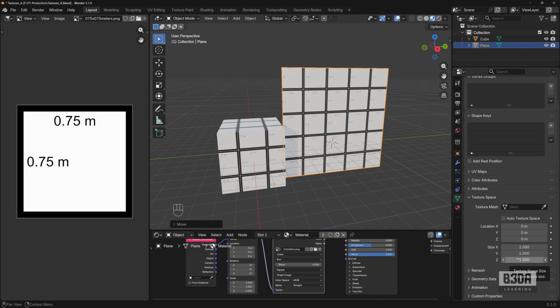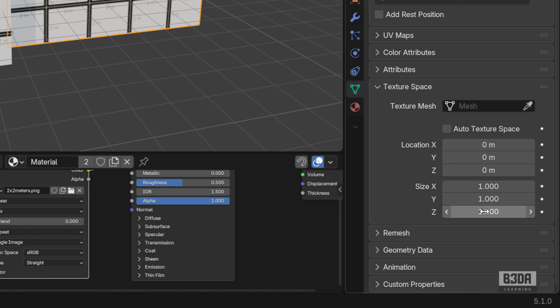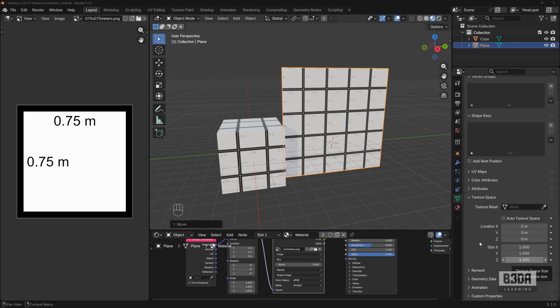Now, these settings here are really important because they will control the size of the scale of your texture. In this case, I'm using 1, and I started with 2 meters by 2 meters. As a rule of thumb, you can use this size here with half the size that you want to apply to your objects. For instance, if I change my texture to 1 meter,